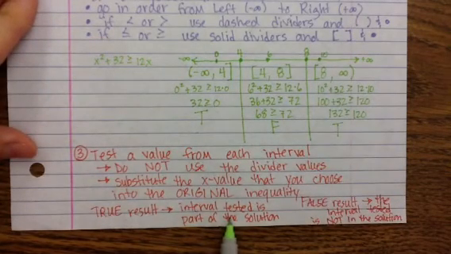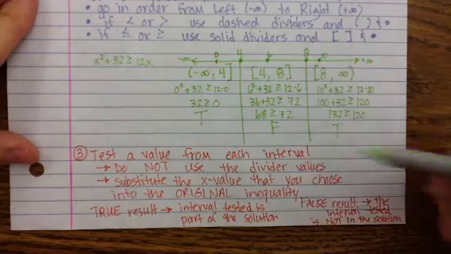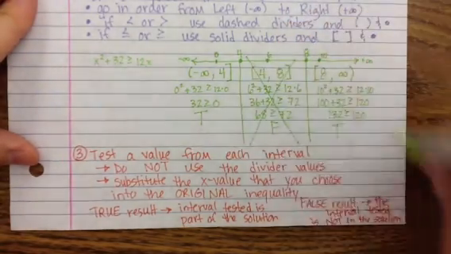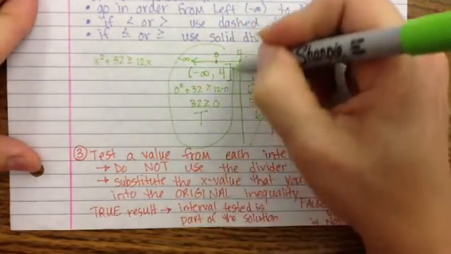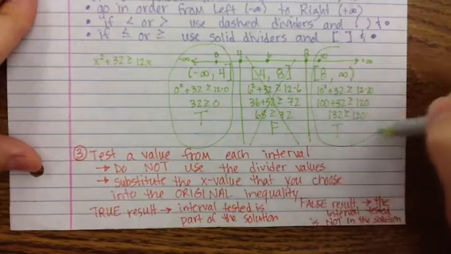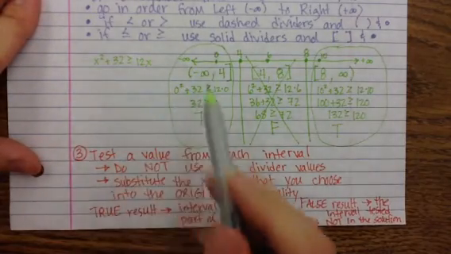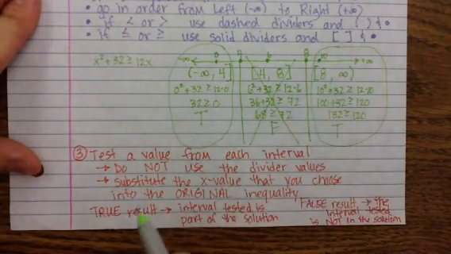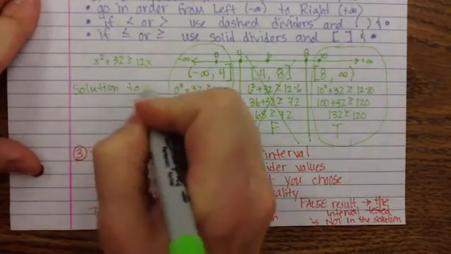So I know the true results mean that the interval that I tested in is part of the solution. My false result means that it's not a part of the solution. So whenever I get a false result, I just kind of X out that entire section, and whenever I get a true result, I usually circle that entire section. And then the solution that I want to report is the intervals that I tested in. So the solution to my inequality